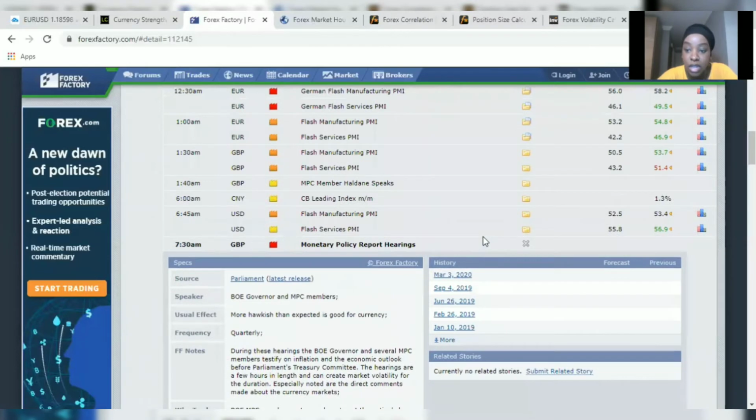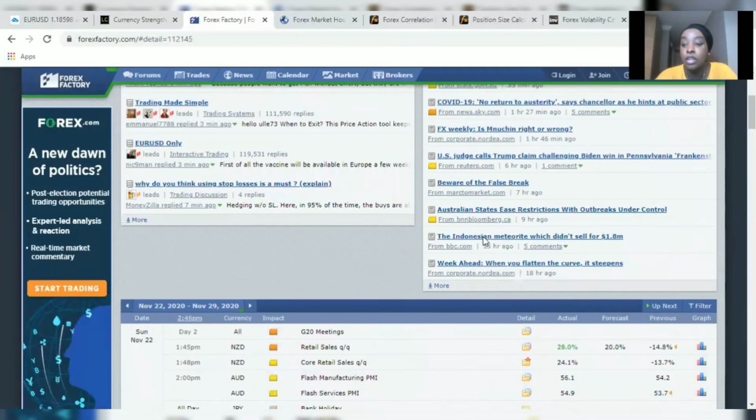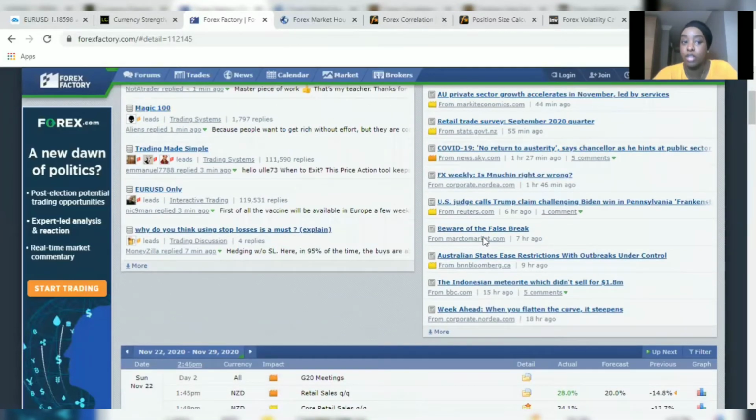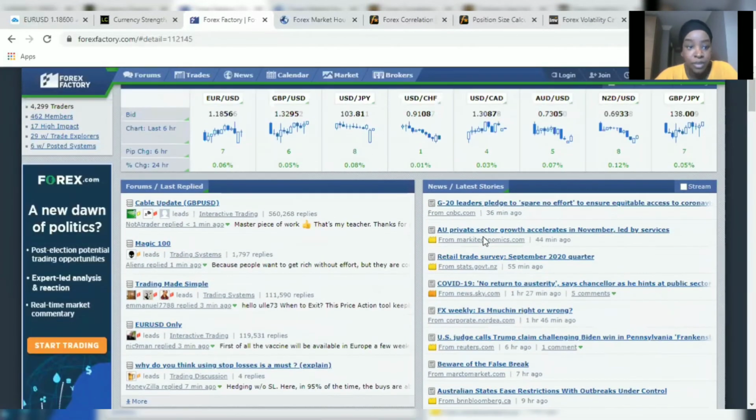So if you're interested in news about currencies, if you're interested in how, you know, Donald Trump or Biden news is gonna affect the USD, this is a place where you're gonna find out that information, okay? So Forex Factory is one of those places that people absolutely use as a tool, absolutely must use